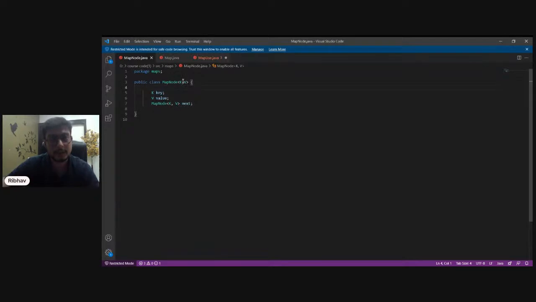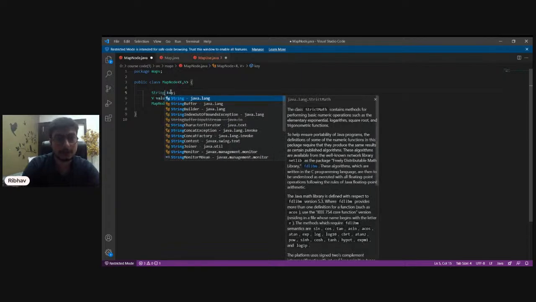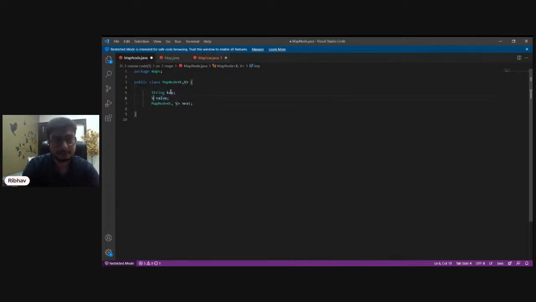So we could have it of the form, let's say, integer. Essentially, we took string, so let's call it string only. String key and integer value.